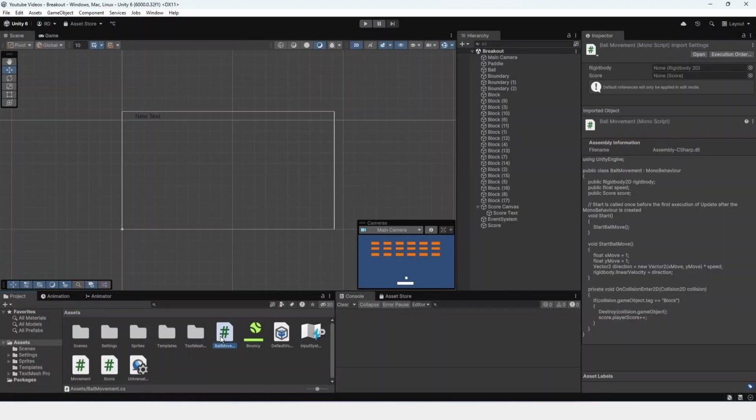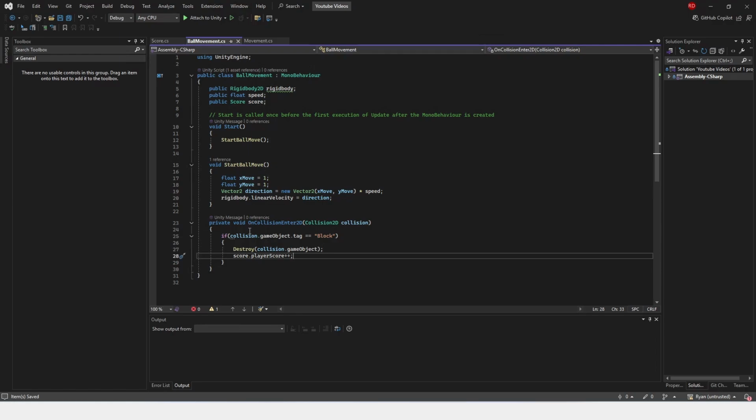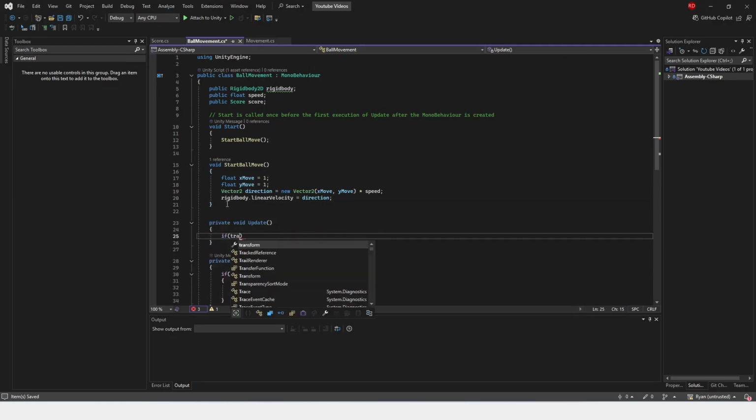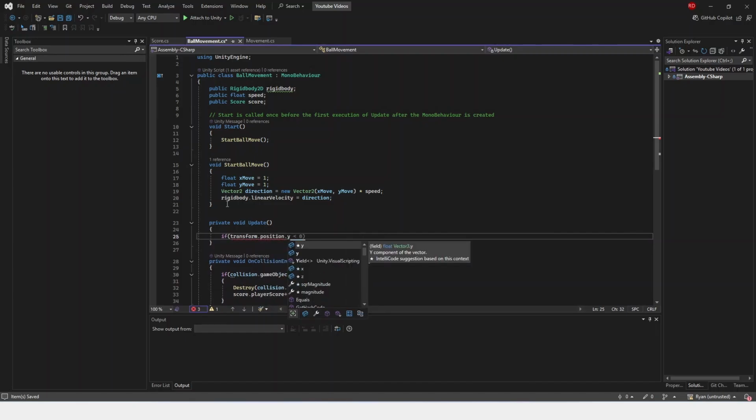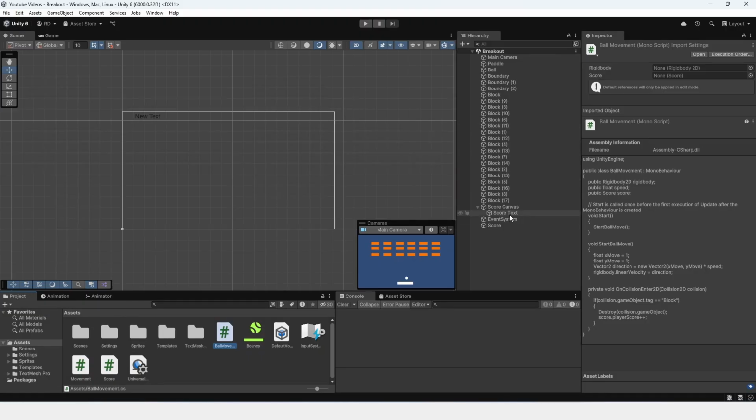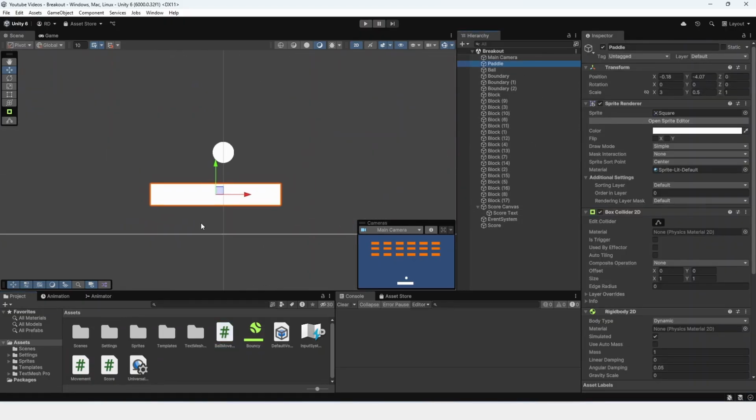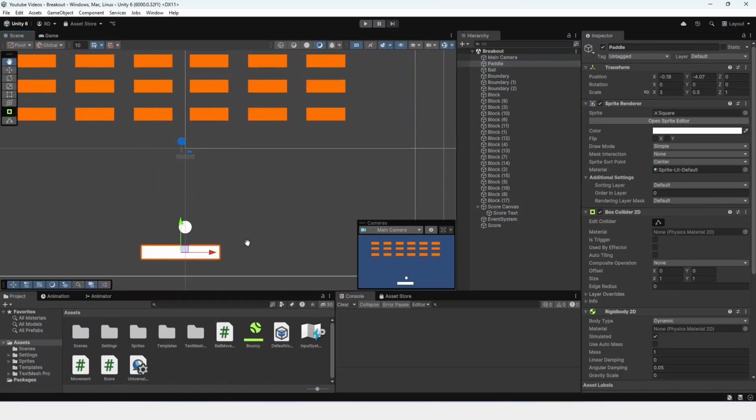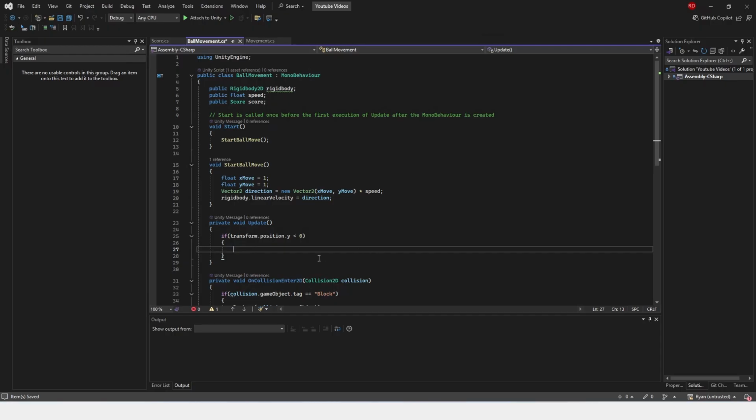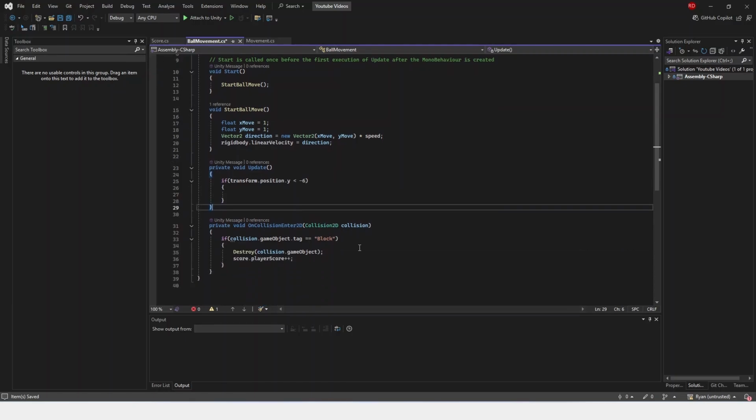So let's go into the ball movement script, and then we're going to check inside of Update. So let's get the Update function back in. So we're going to check if our transform.position.y is less than 0. And I'm just going to quickly check by going to the paddle. You can see that the position.y is -4. I'm going to set it to -6. So if it is less than -6, then I'm going to call